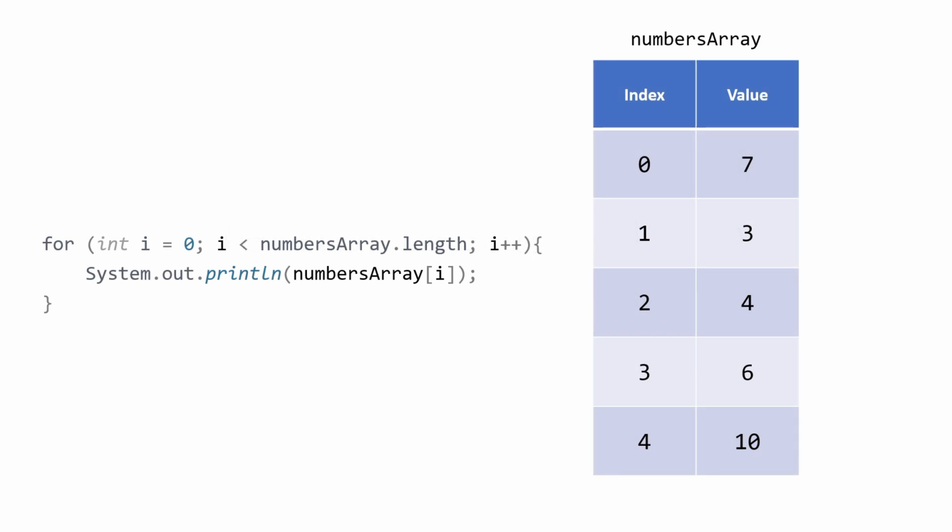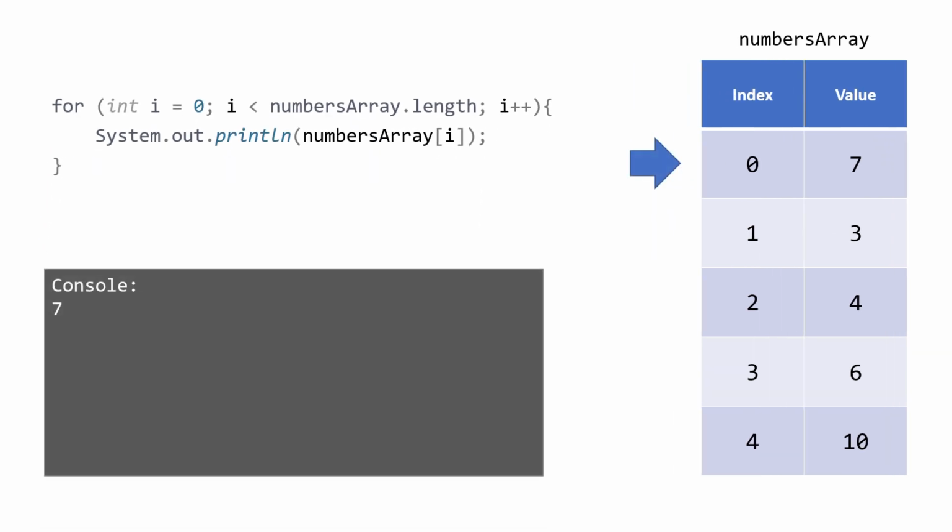For example, here I have a really simple array of integers and a for loop that goes through and prints out each one. As we go through this loop, our value for i increments by 1 until we reach the end of the loop. Now for most programming scenarios, that for loop works perfectly fine, but there are some limitations